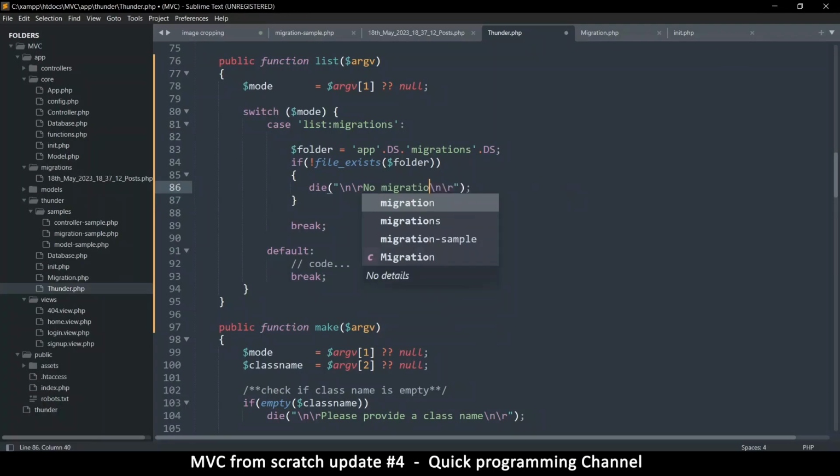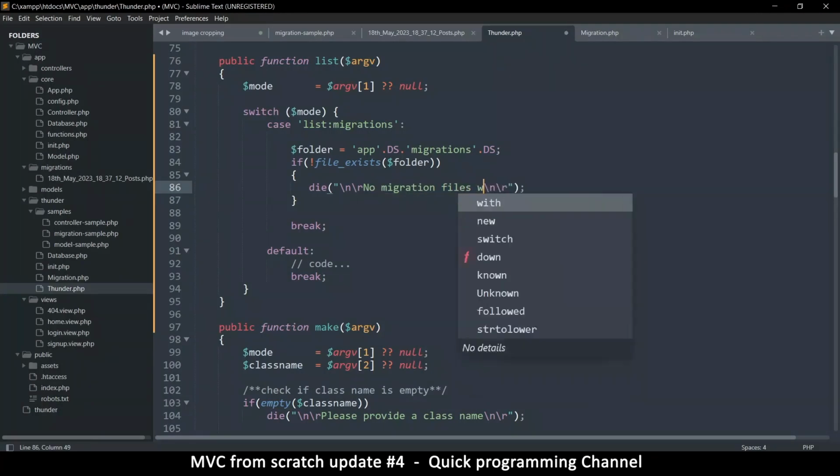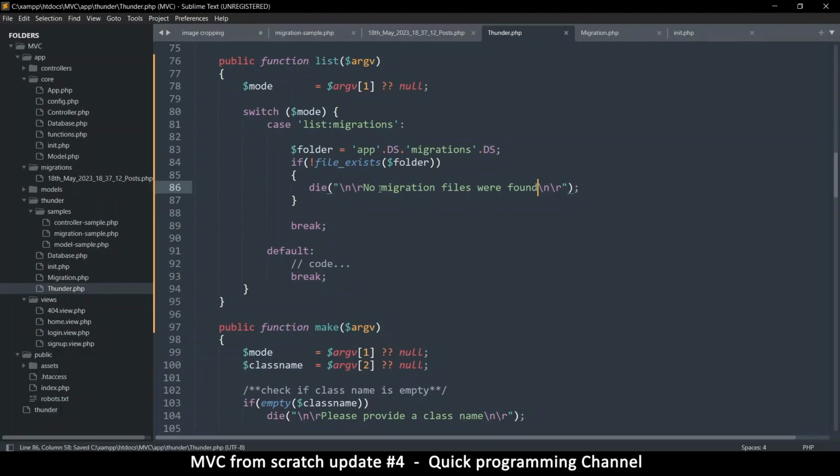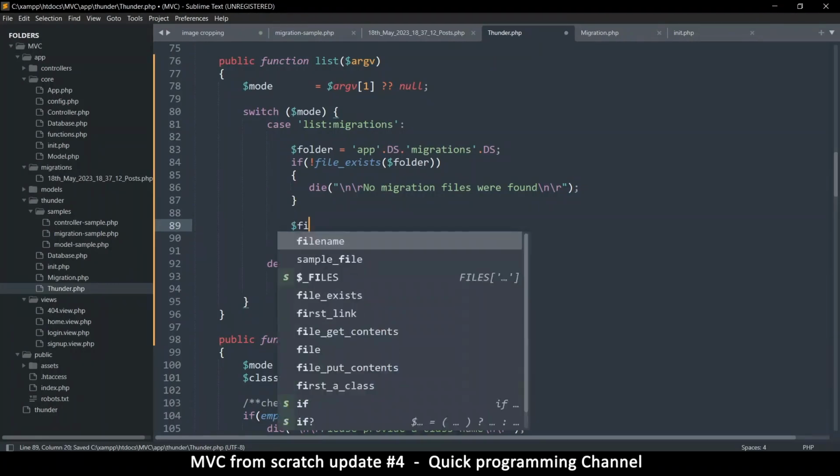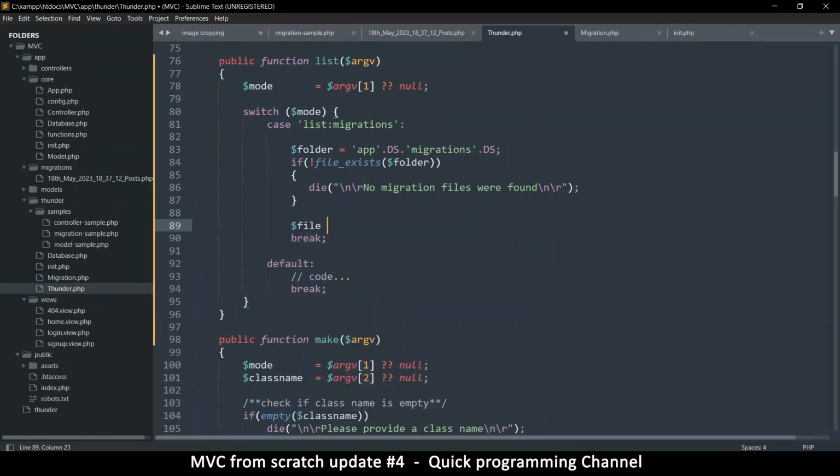No migration files were found. Okay, great. So if it does not exist, that's great. Otherwise, let's list all PHP files from in there. So we're gonna do file. There's several ways you can read from a